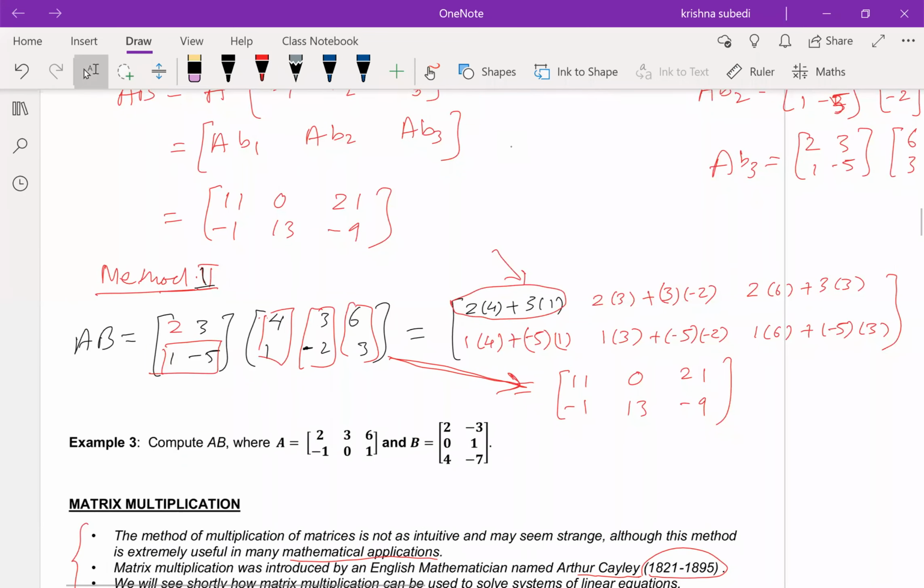Okay, example 3, I want you to try this, then we take a break after this. Okay, try this. I'll give you 5 minutes for this, and then we take a 10-minute break. So we'll meet at